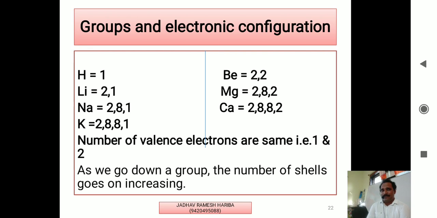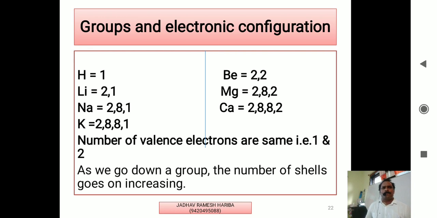and therefore they have the same valency. What is the valency? It is the combining capacity of the element that we call the valency of that element. It means when that element combines with other elements, how many electrons it gives, takes, or shares: the number of gained electrons, donated electrons, or shared electrons. That is the valency of that element.